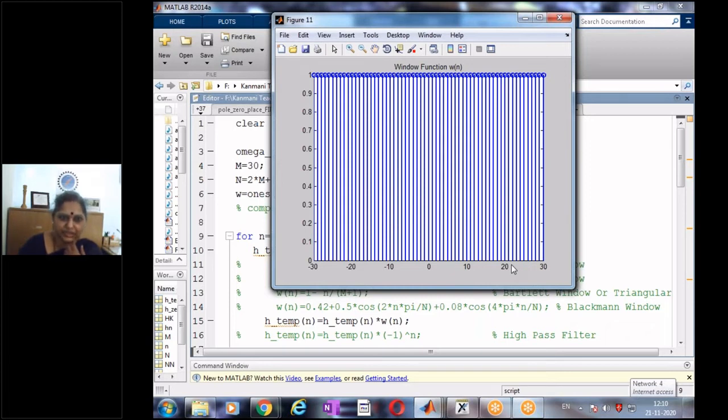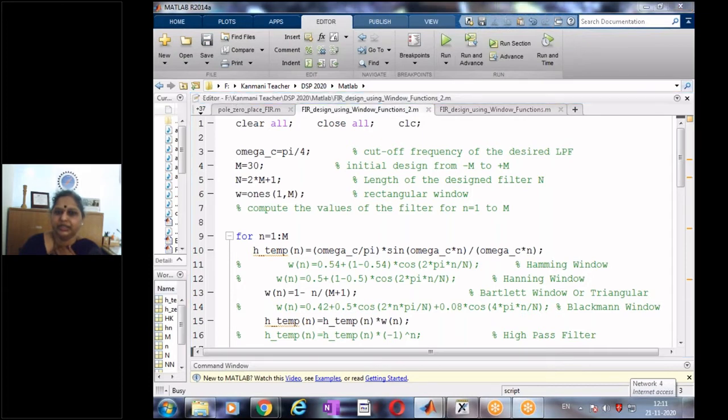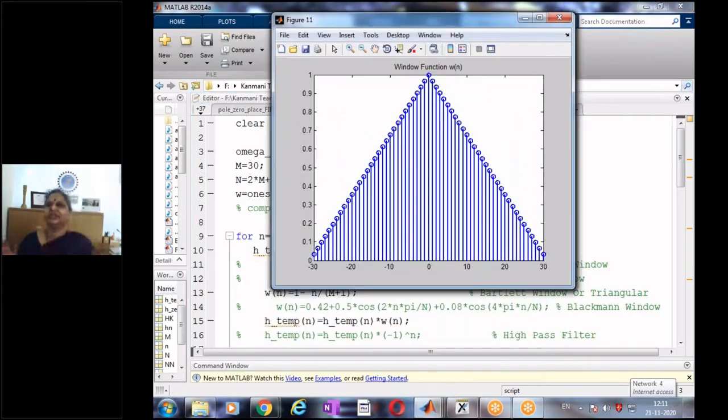Start with a smaller length. Let us say we take a length of, okay, let's retain the same length and let's run the program and see how is the response. See, now it's triangular. We know why it's given the name triangular window function, because the window is just a triangle, that taper that goes from -m to +m and reaches the maximum value of 1. So it gets the name triangular window function, also known as the Bartlett window function.